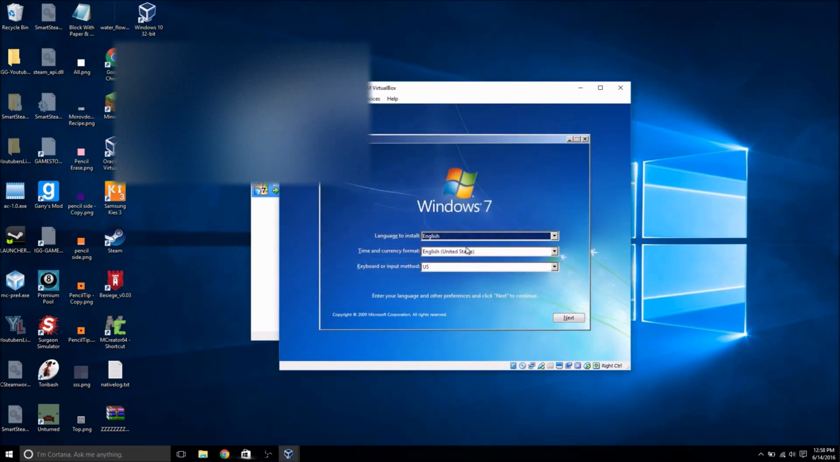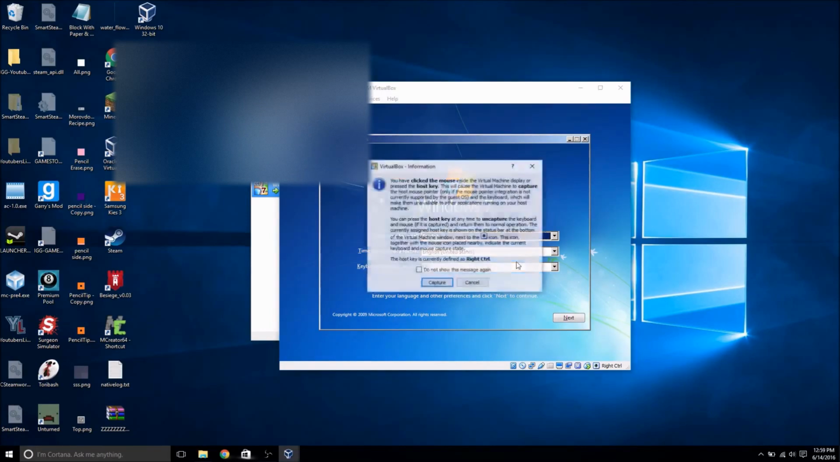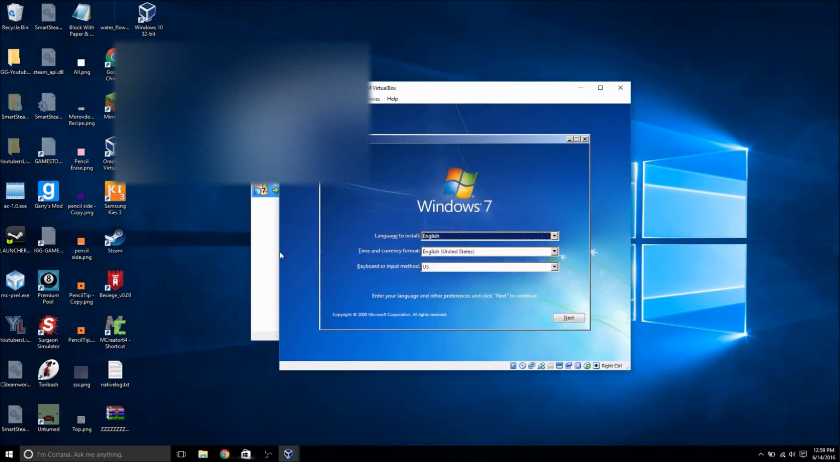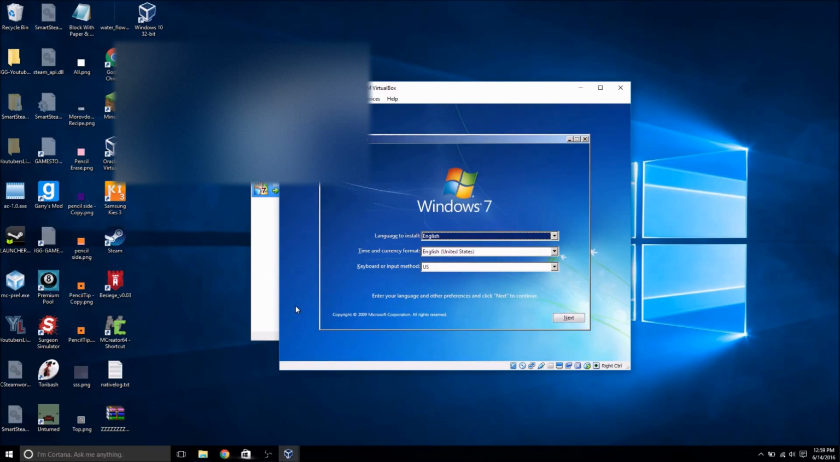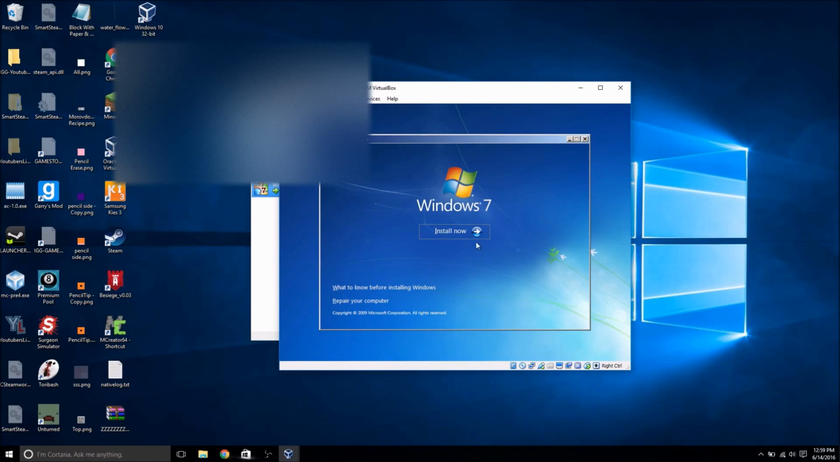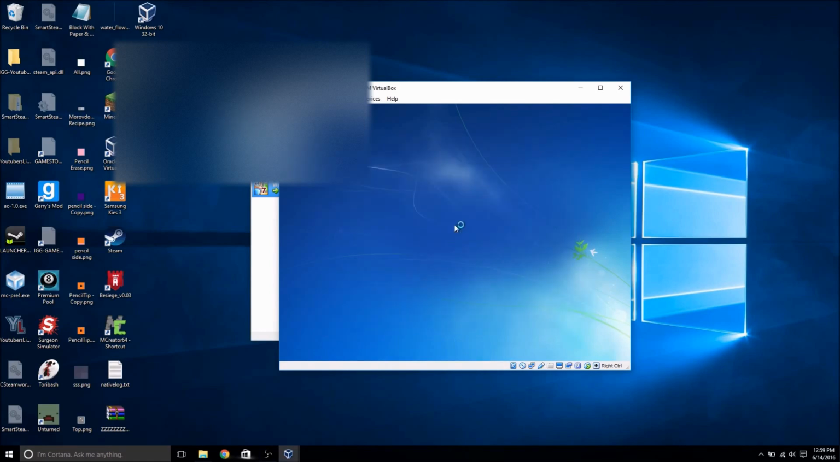Alright, so now you're going to be hit with this, and you're going to be stuck. I think the default's right, the control on the right. So then you just want to do that, but it's going to bring up your setup or whatever operating system you got. I got Windows 7, so you're going to press next, press install,